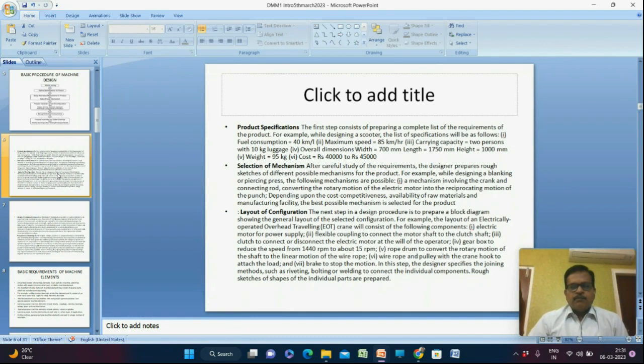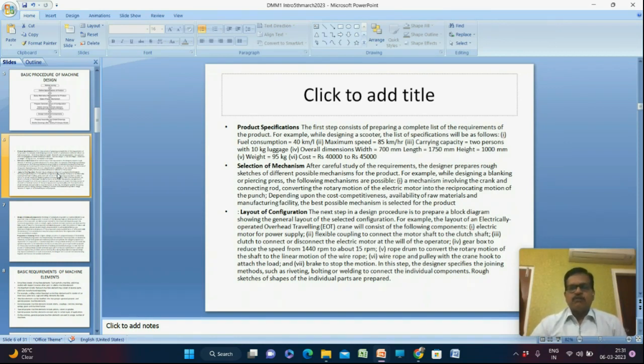Brake to stop the motion. So there must be a brake. So it started moving, and if you want to stop it somewhere and place it down for the further operation, you have to apply the brake. There should be a brake. In this step, the designer specifies the joining methods such as riveting, bolting, or welding to